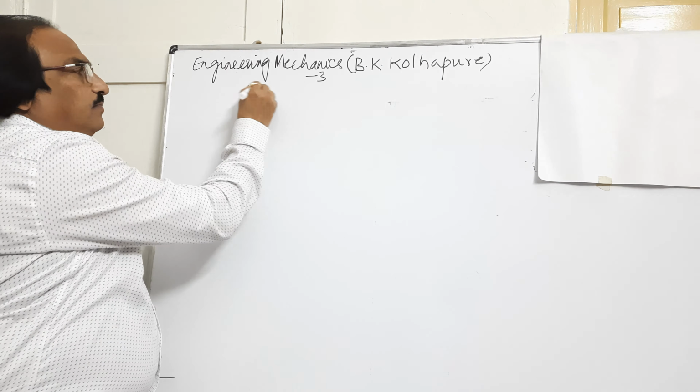Now we know force is a vector quantity. Suppose a force of, say, 100 Newton is acting. If I take a scale of 1 centimeter equal to 10 Newton, then I will have to draw a line OA. This OA is representing the force P to some scale. Now here, when I draw perpendiculars on the x-axis, suppose I call this B and this C. Horizontal projection OB, vertical projection OC.